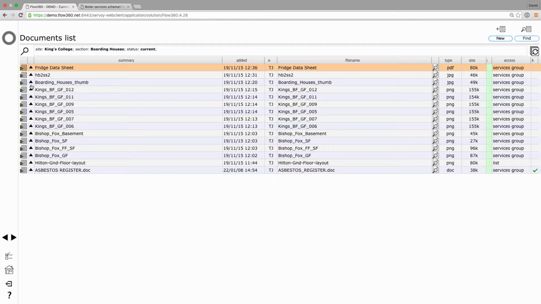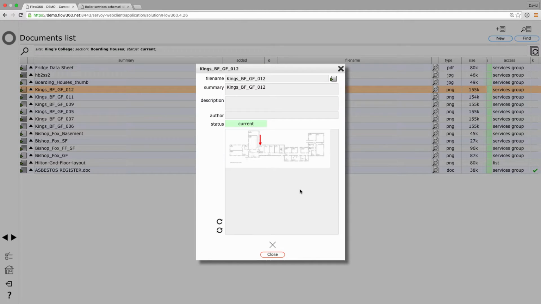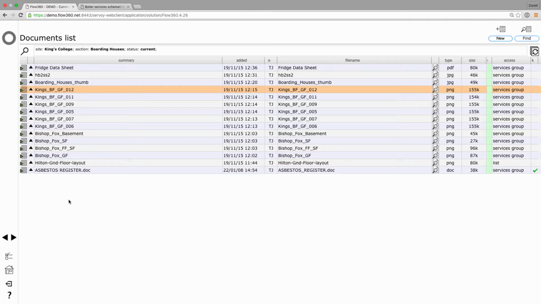I can also use the little pop-up just to pop up an outline information dialog that shows me a thumbnail of the image itself and basic information such as file name, description, author and so on. So now let's have a look at what happens when we want to open a document and maybe download it